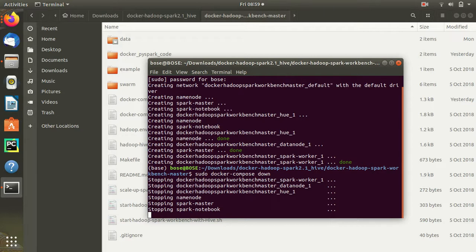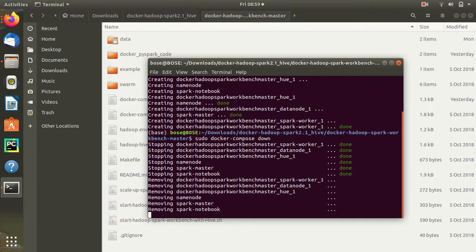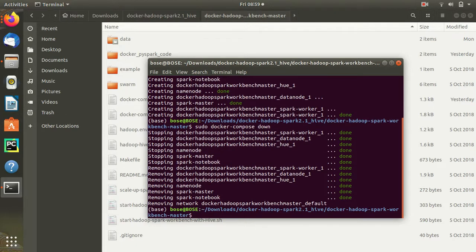Now many times what will happen is that you have forgotten that your docker container is running, and you just go and shut down the whole computer. Then the state of the containers might not get saved properly, and as a result, when next time you open, you might get an error.